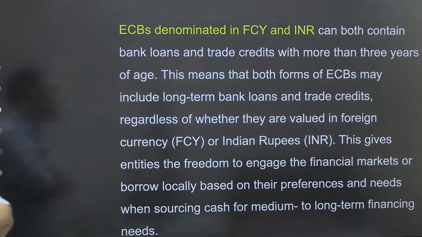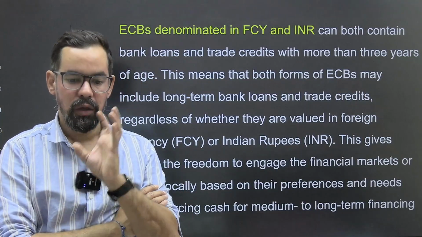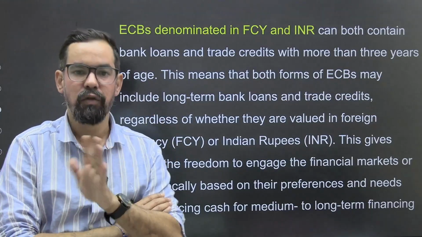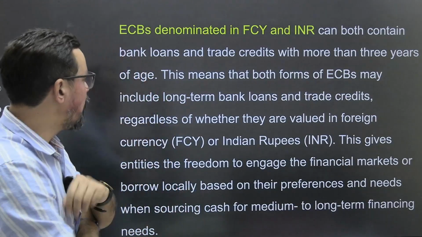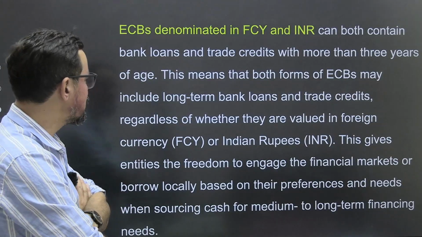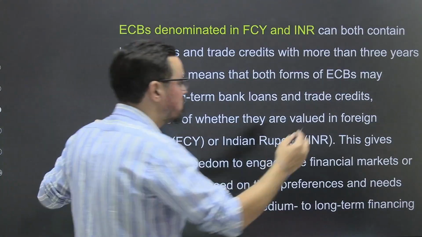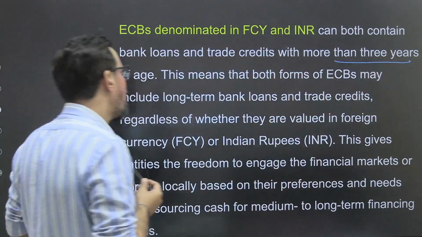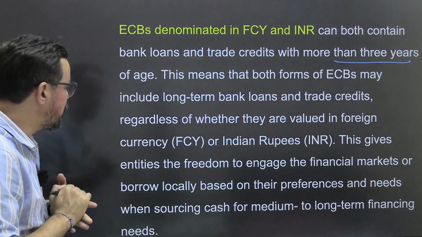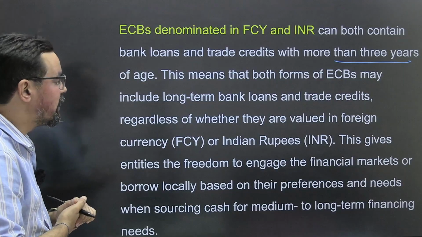ठीक है, so ECB like that means companies they can raise ECB, it can be in INR denominated or foreign currency. ठीक है, so bank loan and trade credits with more than 3 years of age. This 3 year of age means that minimum time duration or minimum average maturity period in general आपका. ठीक है, this means the both form of ECB may include long-term bank loan and trade credits regardless of whether